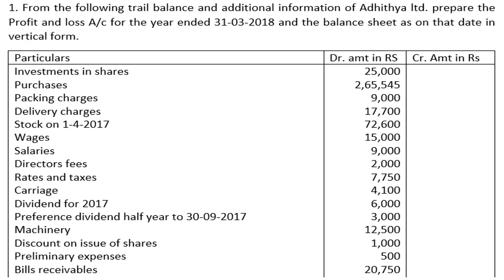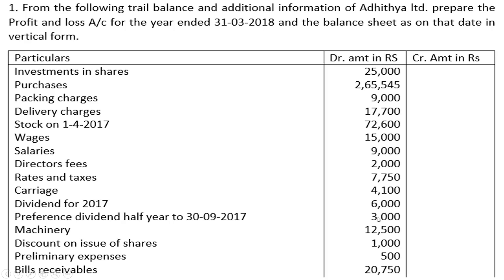Problem: from the following trial balance and additional information of Aditya Limited, prepare the profit and loss account for the year ended 31st March 2018 and the balance sheet as on that date in vertical form. The particulars, debit in rupees and credit in rupees: investments in shares 25,000, purchases 2,65,545, packing charges 9,000, delivery charges 17,700, stock on 1/4/2017, that's opening stock, 72,600, wages 15,000, salary 9,000, director fees 2,000, rates and taxes 2,275, carriage 4,100, and dividend for 2017, that is previous year dividend, 6,000,